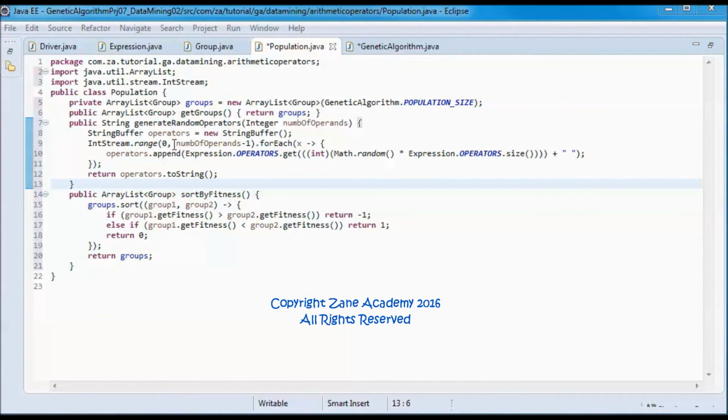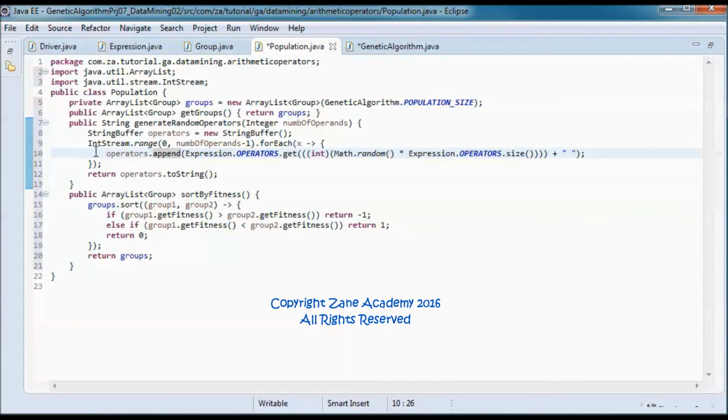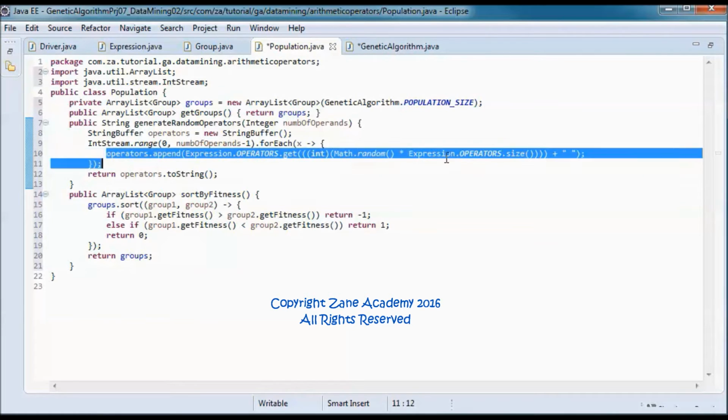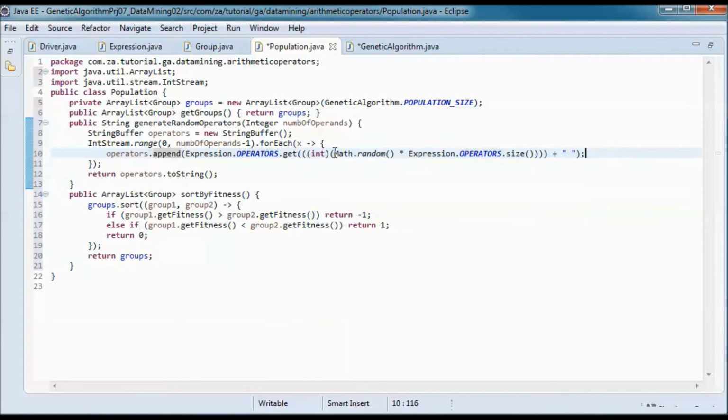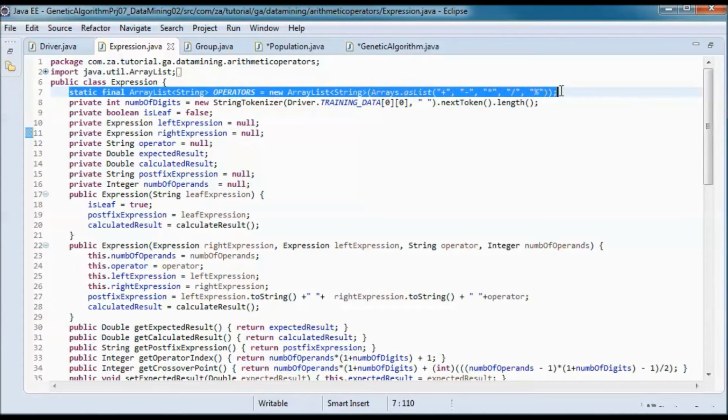So the number of operators will be the number of operands minus 1, and we generate this number of operators. So we use math.random and expression.operators.size. So we're using this array list to pick up randomly operators from here.